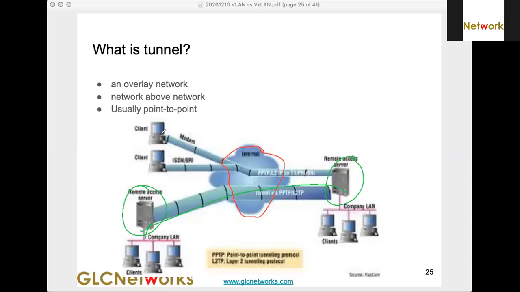Okay, and then you can connect the VPN here and then another VPN here. VPN, not VLAN, sorry. Okay, so that was the overlay network, and a tunnel is one example of an overlay network.